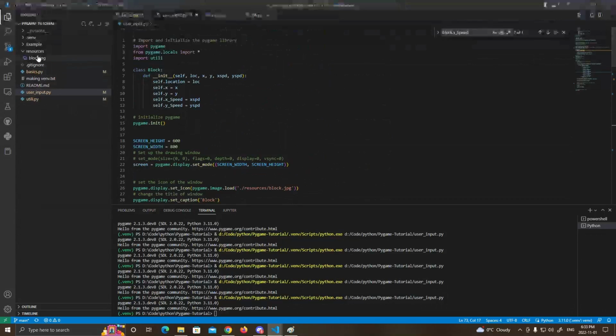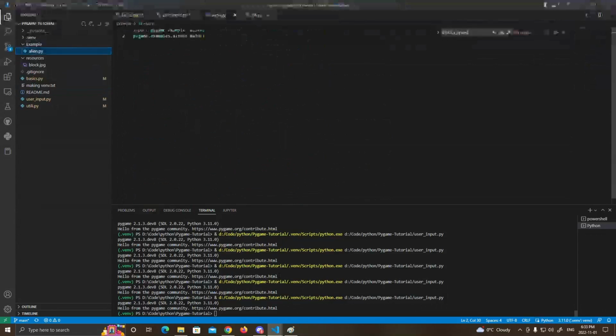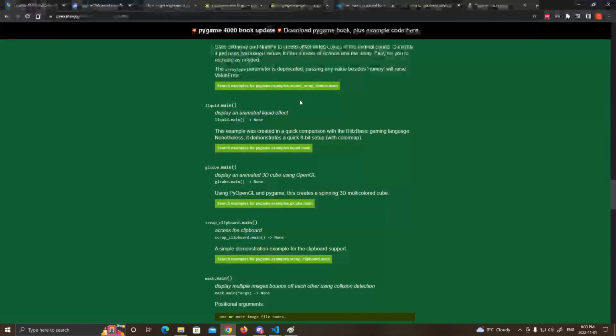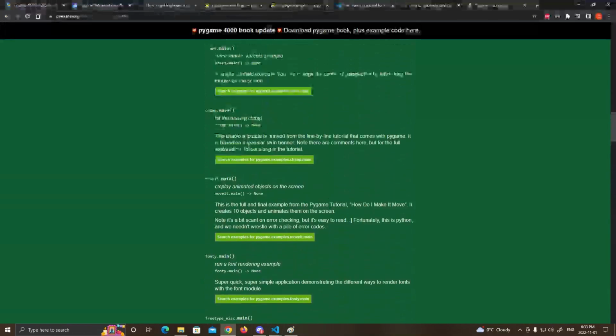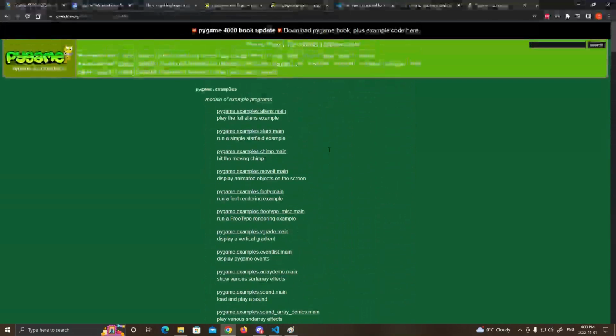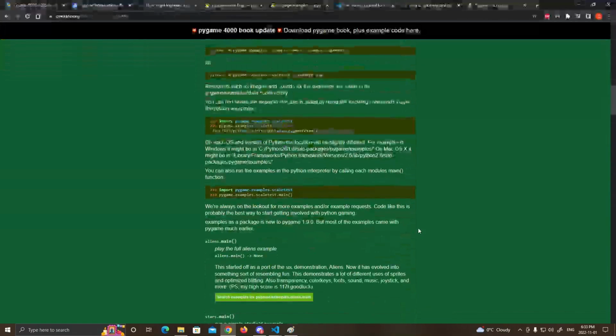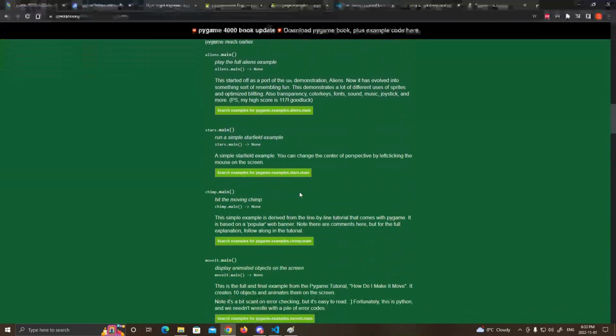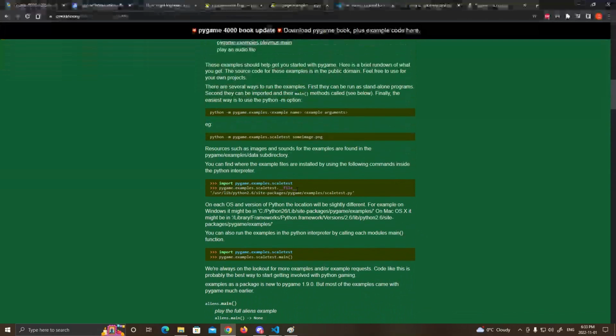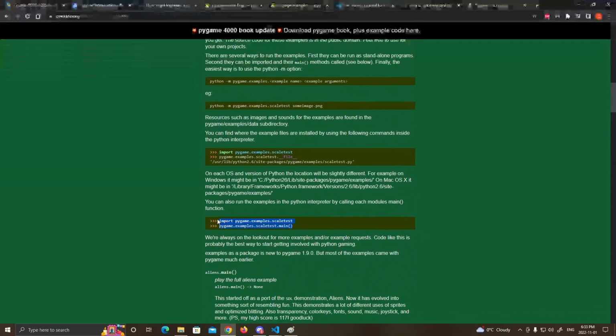But if you actually just look in PyGame, for example, PyGame comes with a ton of examples too, which, like, here's the list of them if you want to look for them. You can either do what's suggested here, where you import it and then you call it